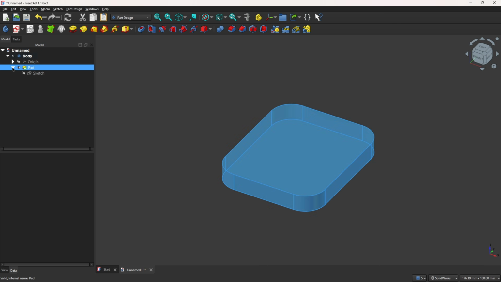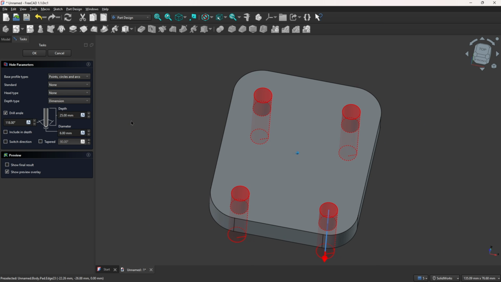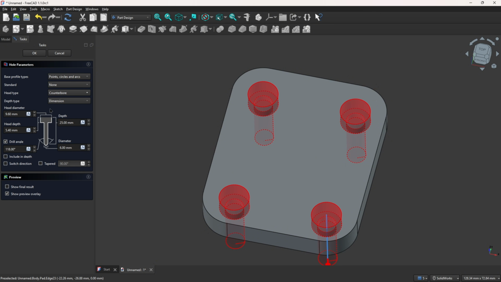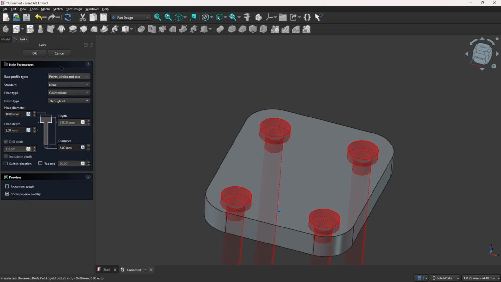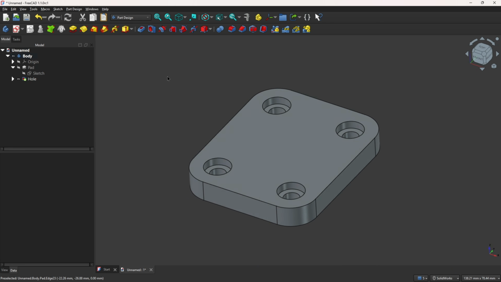So show the sketch here and go to hole, select here allow used features, and select this arc here. And for the head type, select counterbore, and the head diameter 10 millimeters, the head depth 3 millimeters, and the depth type here select through all and press OK. Here we made the base,